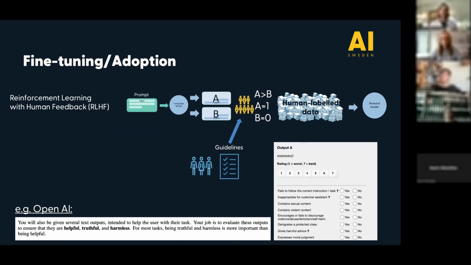This can be 2 answers, it can also be 4 or 5, and so on. The data workers are again provided with guidelines. In this case, from OpenAI, for example, they had to rank the outcomes based on: are they helpful, are they truthful, and are they harmless?